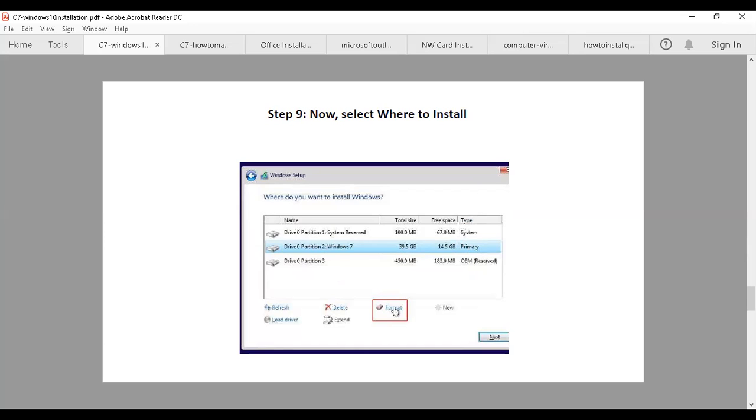You need to format these two drives, delete these two drives, and again create a new partition, and then select a primary partition and start formatting. And 40 GB for C won't be enough if you are installing more applications in future. 40 GB won't be ample.